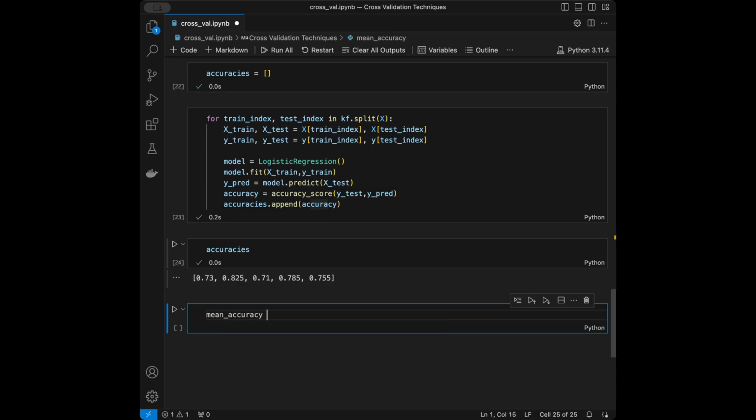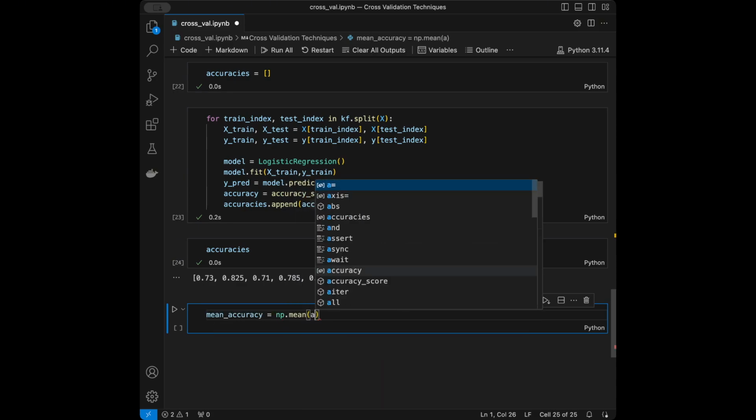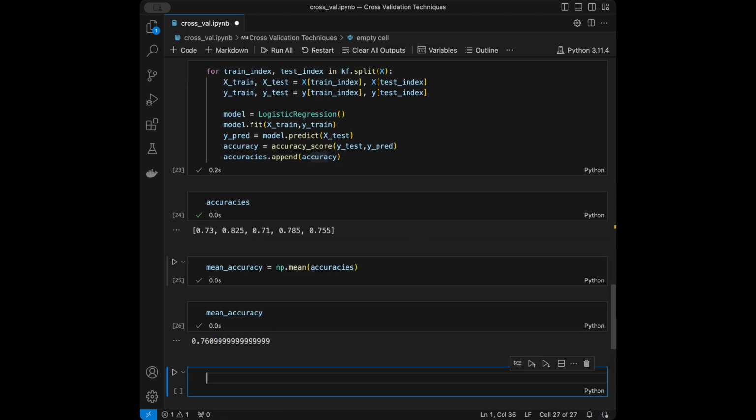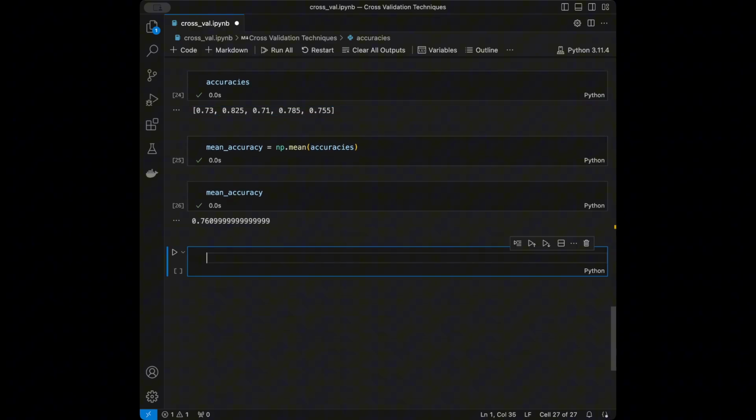Like mean accuracy is going to be numpy mean of accuracies. So our mean accuracy is 0.76, and we got higher accuracies in some folds and lower ones compared to the train test split. So K-fold cross-validation gives a more reliable estimate of model performance since the model is tested on different subsets of data. Now we are going to talk about stratified K-fold